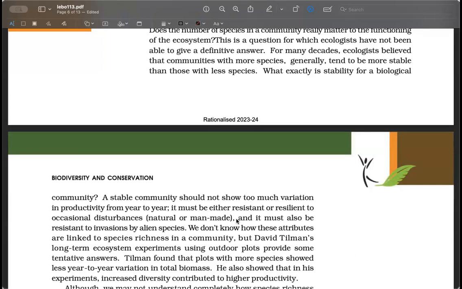Nature must have thought of it, but still it didn't work. That's why we have biodiversity. You're thinking in the right direction, but what is the problem with just having few species? They would actually increase in number, and their increasing in number will solve the problem. But clearly, something else is happening because of which this problem is still a problem, and the only solution is diversity. If diversity was not the only solution, we would not have seen so many diverse organisms on the planet, right?